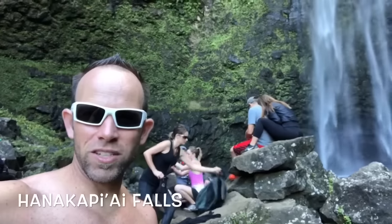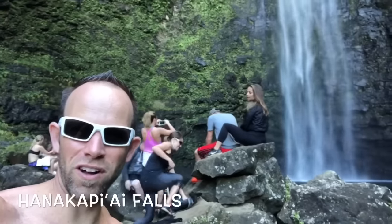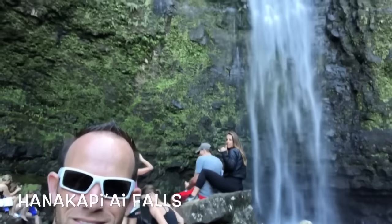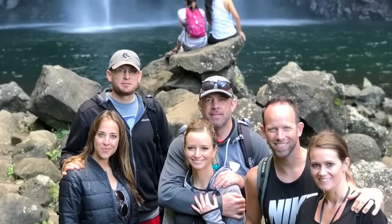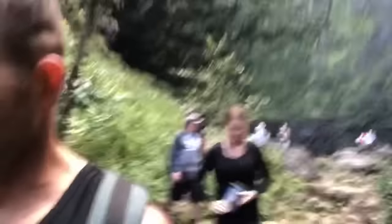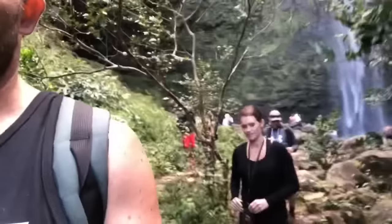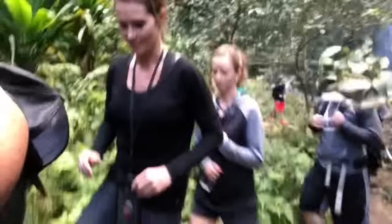We finally made it to the Hakamakalakapaki Hiki waterfall. We're gonna stop and grab some lunch now. My backpack feels a little lighter. A couple sandwiches wide, but